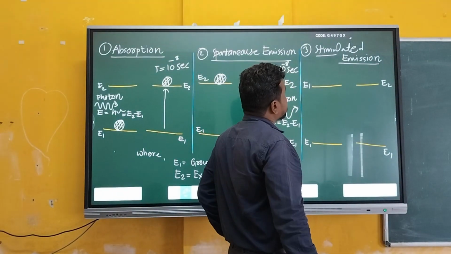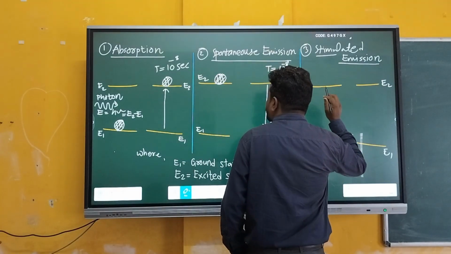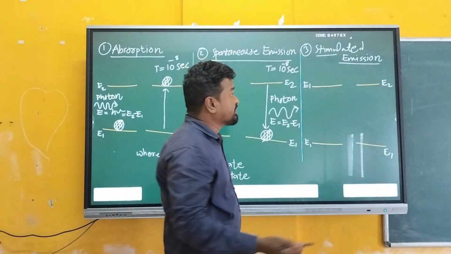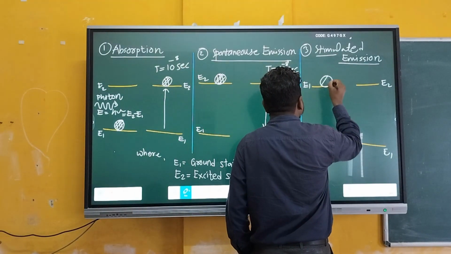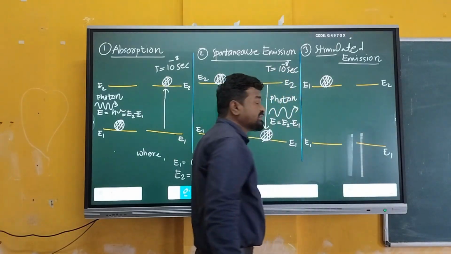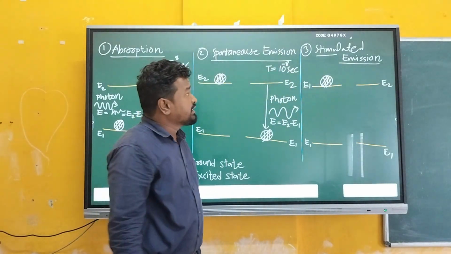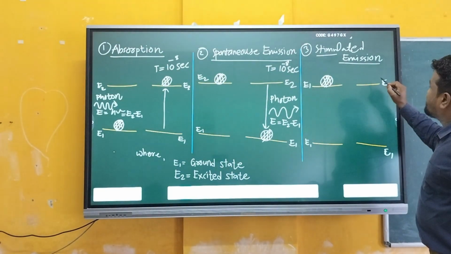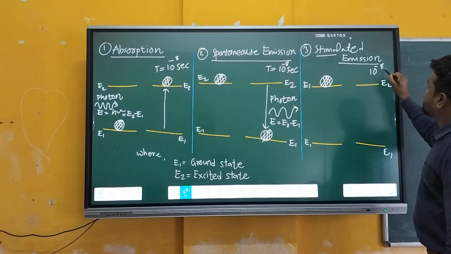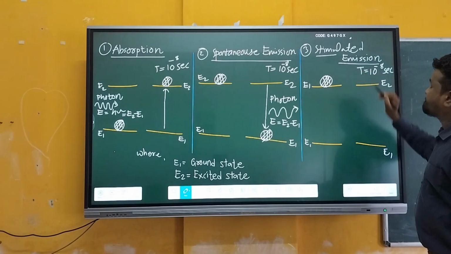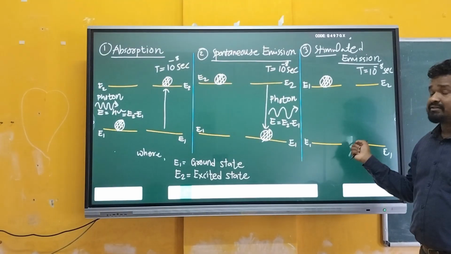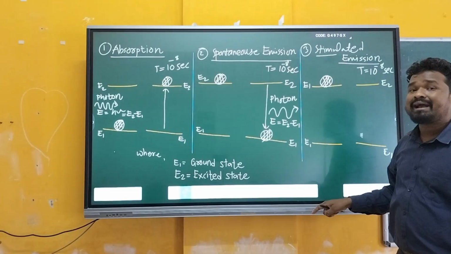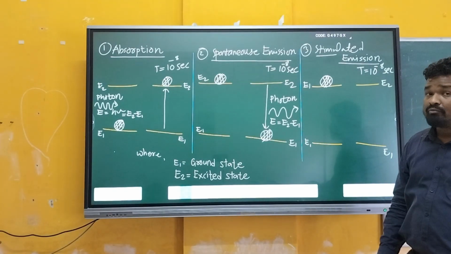Let's see. Again, this state comes after the absorption. So where will the electron be? The electron will be at the excited state. You got that? Again, the excited state has a lifetime of 10 raised to minus 8 seconds. But it is different in this case. Here, after finishing the lifetime, the electron goes back to the ground state, emitting energy in the form of a photon. But here,